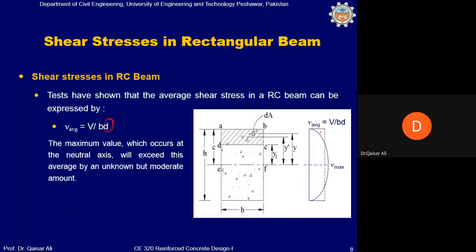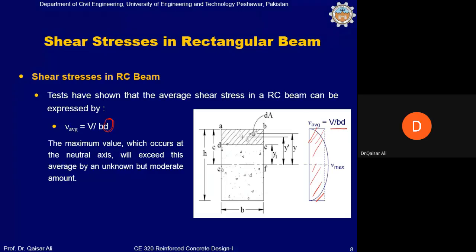If we draw this shear stress V divided by BD on the shear stress diagram over the depth of the beam, this will be the average shear stress, and the maximum shear stress value will be slightly more than this. In design, the use of the shear stress variation over the depth of the beam in a reinforced concrete beam will be of little use, because whatever the shear stresses are in a beam, whether at the neutral axis or at any other location,